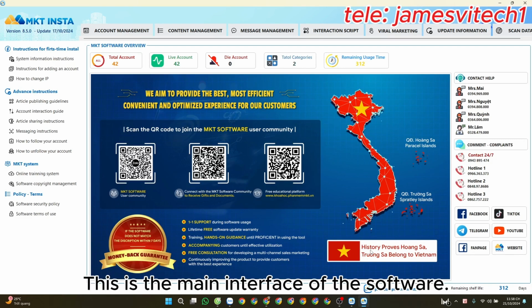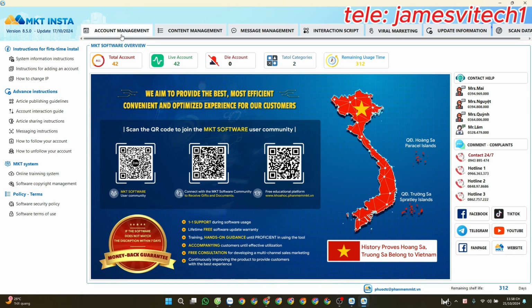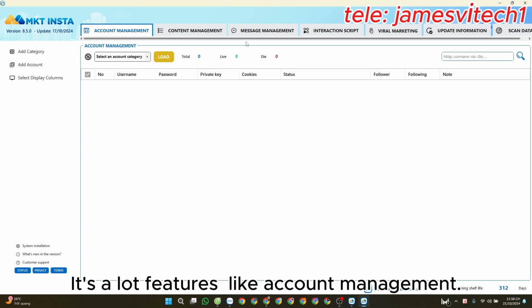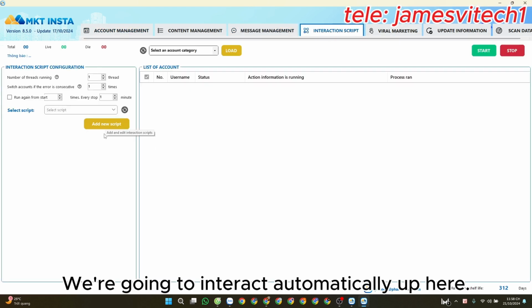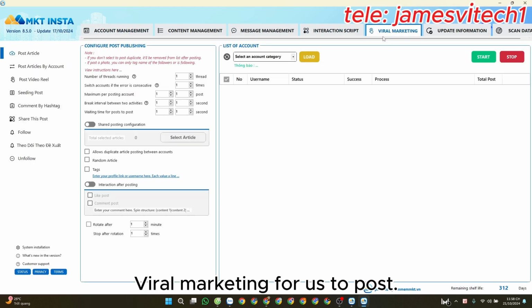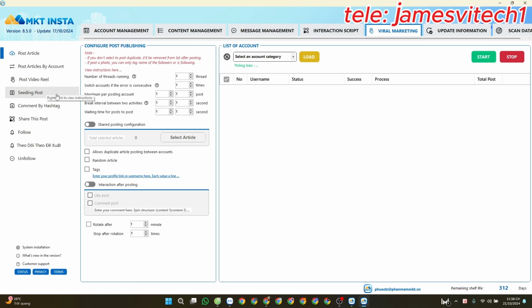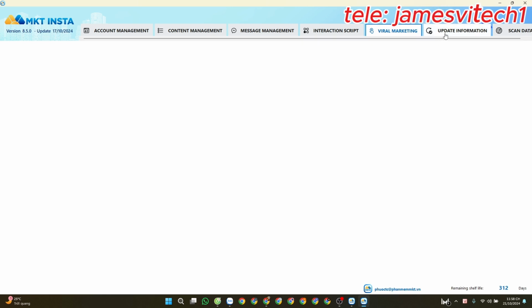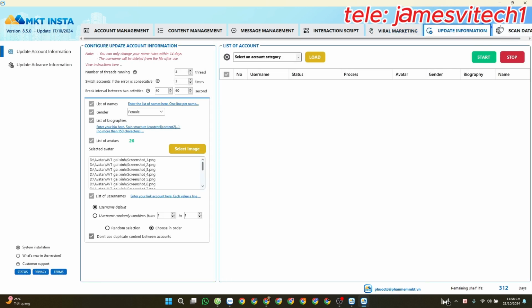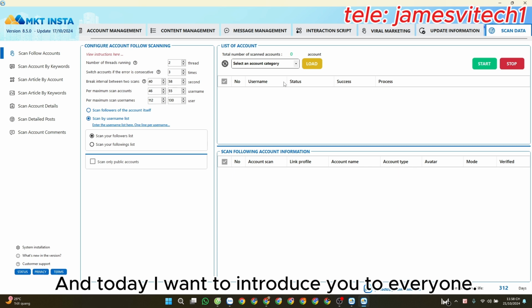This is the main interface of the software, and it has a lot of features like account management, managing messages, and interactive scripts. We can interact automatically up here. Viral marketing is for us to post. Setting up follow potential customer profiles. Next we need to update information. And today I want to introduce to everyone